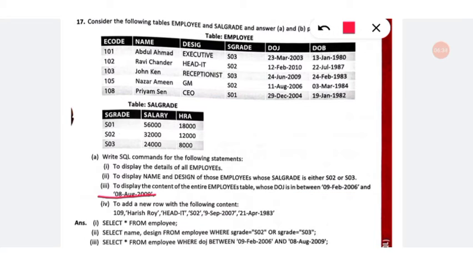So we have to display the content of the entire employee table: select star from EMP where DOJ between the two dates, between this and this. Here between and and are operators that we studied in our last class.